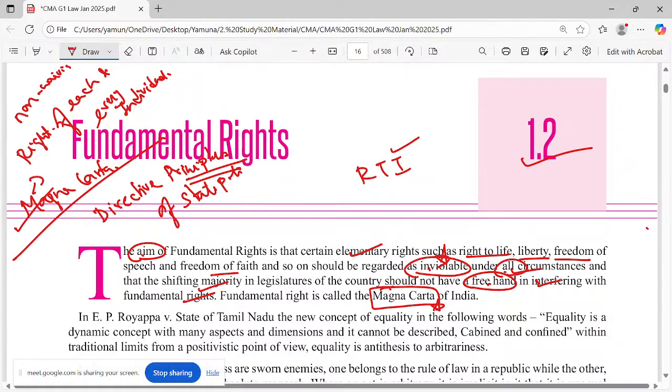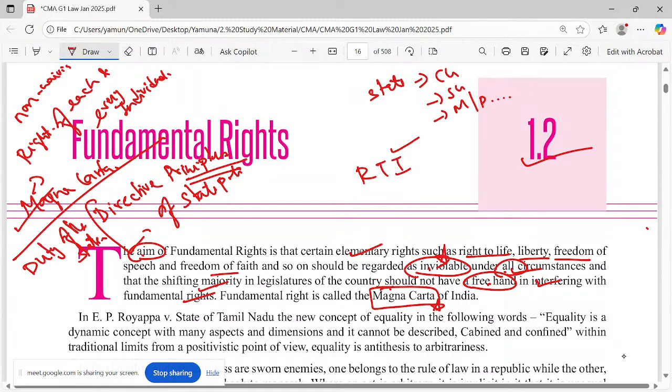If this is the right, then the state means we have a wider angle. State now, we are talking about central government, state government, municipalities, panchayats, all the authorities. Is the state providing you all the rights? Which means the comfort தரணும்ல. தரணும் அப்படிங்கிறது is the duty of the state. Duty is the liability of the state. And that is mentioned under where? Directive principles of state policy. So Magna Carta is your right. Directive principles of state policy is the liability of the government.